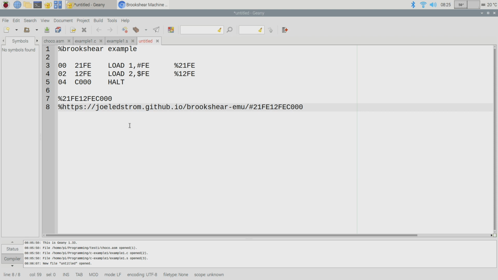And how do you know which opcode's which? Well, the table in my notes document has them all listed, right? There is no opcode 0 on this architecture. Opcode 3 is to store something out to memory, and so on and so on, right? Followed, what's the last one? Opcode C, which is the halt command, okay?